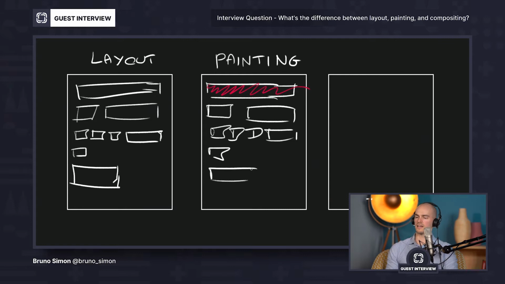In this step, the browser will start to colorize everything. We have background color, but we can also have, I don't know, maybe box shadow. It can also be about typography, the fonts, color, but it will just add colors. And you start to see something on your page. Let's add one last one, maybe in orange. Those two are orange. To make it simple, let's just think of it as background colors.